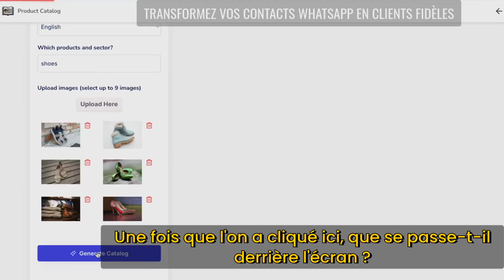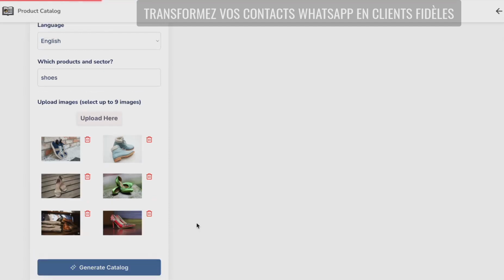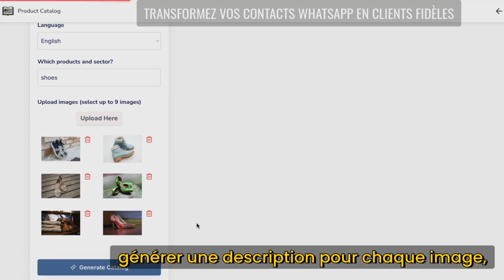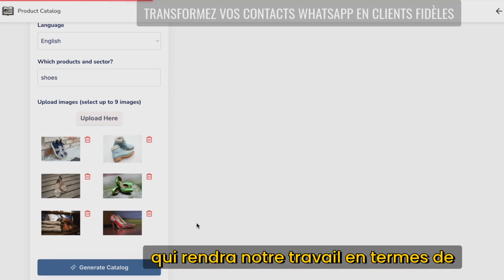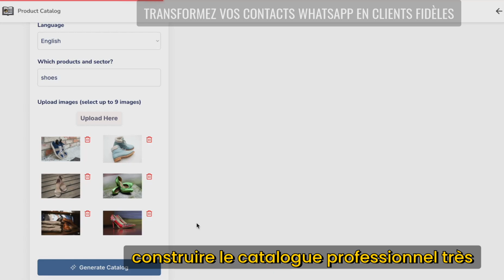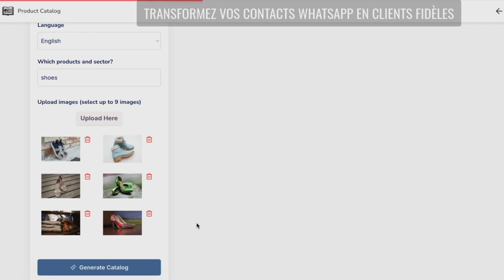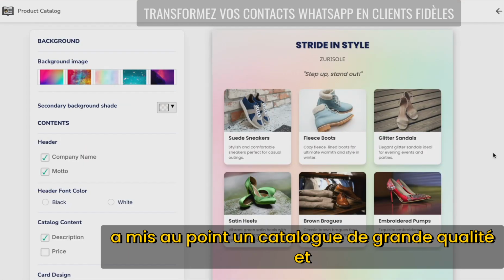So once we click here, what actually happens behind the scenes is that Predictive is recognizing each and every image, and it's generating a description for each and every image, which will make our work in terms of building the professional catalog very simple. We will only have to add the price, and there we are. After a few seconds, we see that the AI has built a beautiful looking catalog,